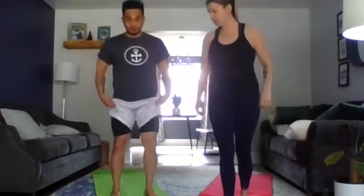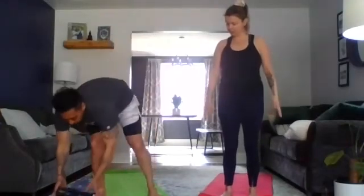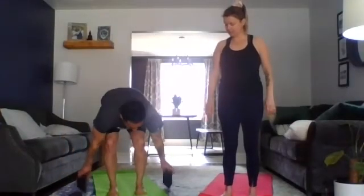Now we'll prepare for our low lunge. So to do that, let's grab our blocks, put them on either side of our feet. They're there just if you need them. Okay, when you're ready, on your next inhale, hands overhead. Exhale down, sending your right foot back. Knee comes to the mat, tops of your right foot come to the mat. Getting a nice steady balance here. And when you feel ready,